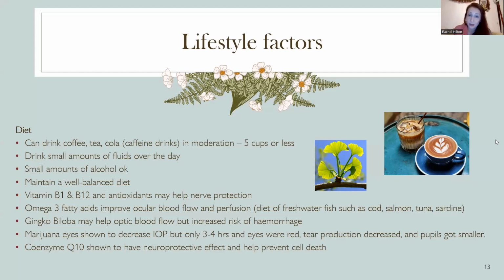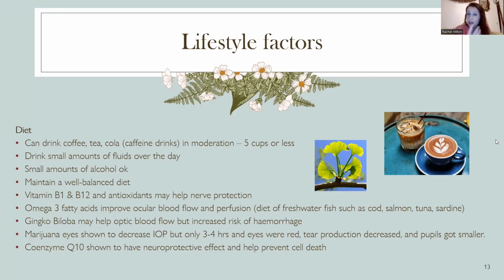When it comes to diet, people do hear about things like the B vitamins and folate, and we do look at that because those are neuroprotective nutrients, and we want to make sure that you have enough present within you. So obviously having a good balanced healthy diet does help with that, but if your clinical team were ever concerned that you may be deficient in those, they will do blood tests for it.